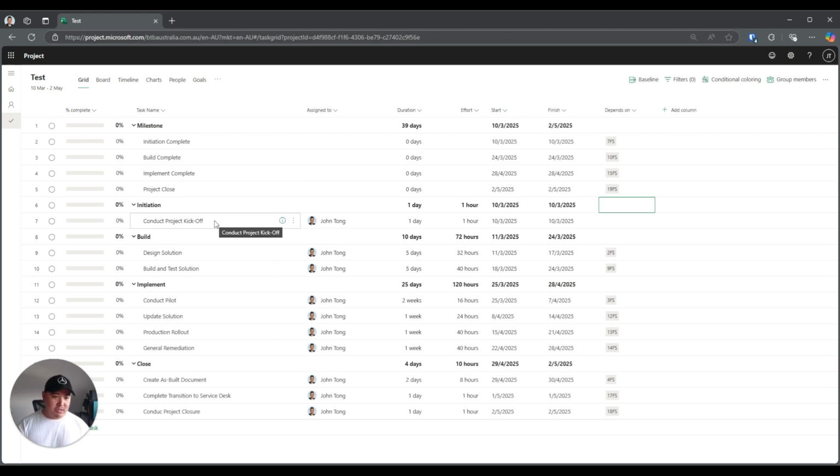So if you can imagine, if this project plan was any larger and you've got heaps of tasks, heaps of dependencies to manage, provided everything's all initially linked, as the project does move around, sometimes you're too focused on the individual task at the very bottom of your plan, but not necessarily seeing how your overall project is moving. And by having the milestone pinned at the very top, it just gives you a quick and easy way to see how your project is moving,